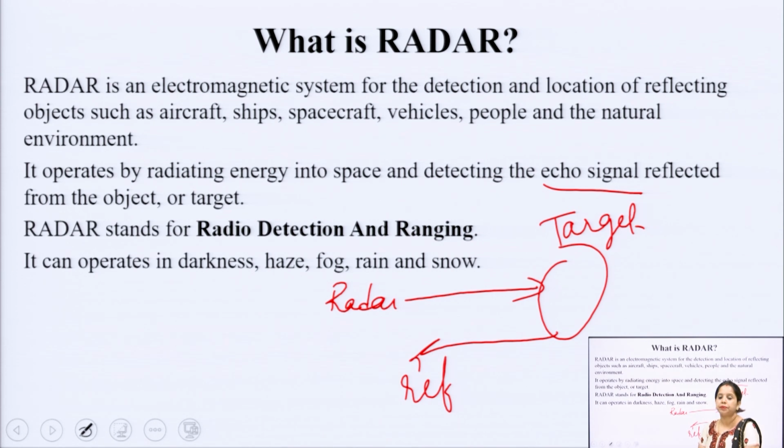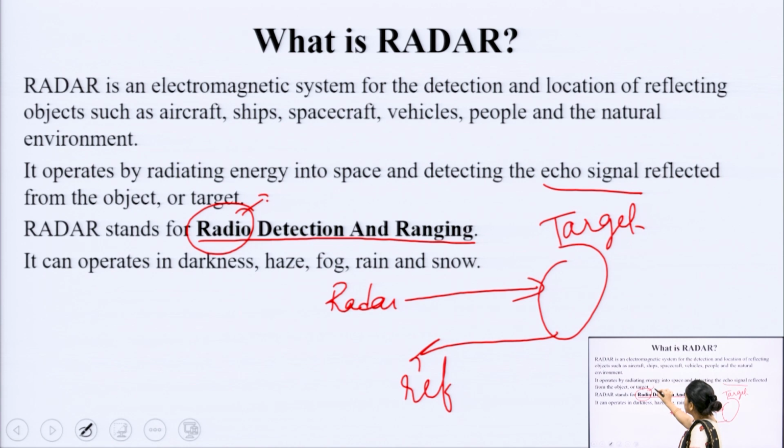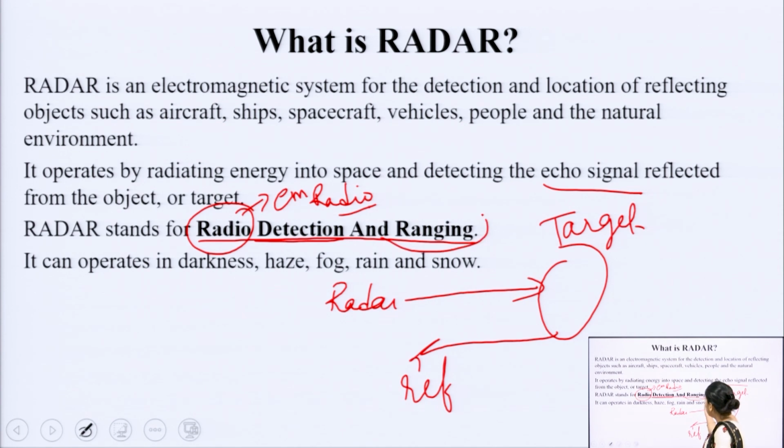Now, radar is actually a short form. The complete abbreviated form is radio detection and ranging. That is why EM waves or radio waves are used in this, and that is why it is combined with the microwave, because in microwave also we talk about radio and EM waves. And detection, we detect the target, and also the range, how much distance it is from the radar which is receiving the signal and which is providing the signal.